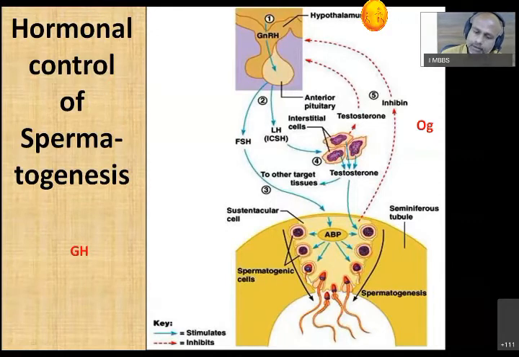In some organs like liver, skin, and brain in males, testosterone also gets converted by aromatization into estrogen, by the presence of the aromatase enzyme. This enzyme aromatase is present in Sertoli cells also. By aromatization, testosterone gets converted into estrogen. A very small amount of estrogen is present in males also. Suppose 100% in females, 10% in males.